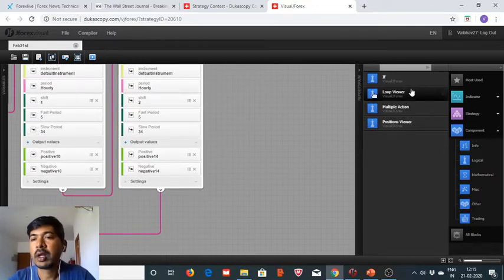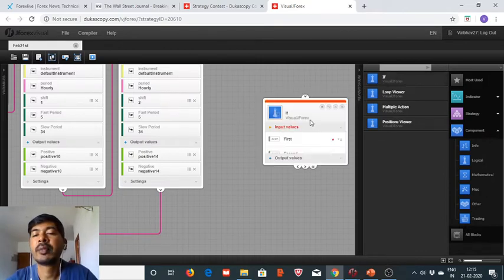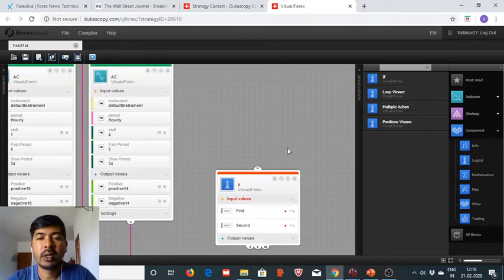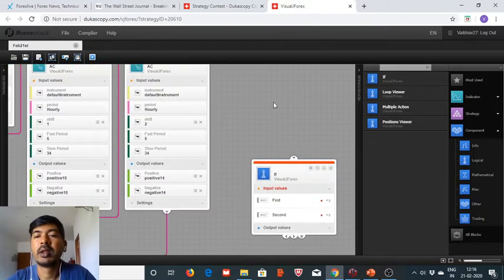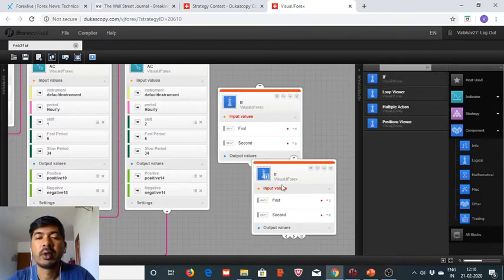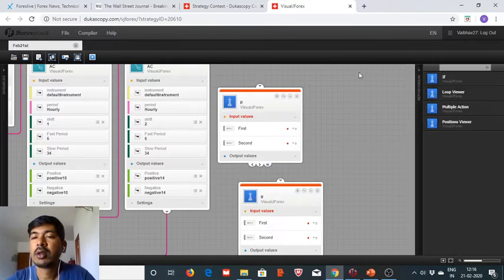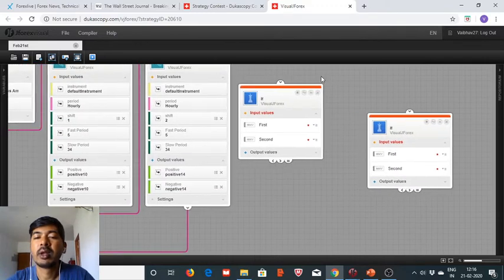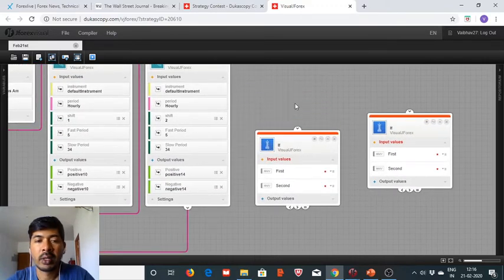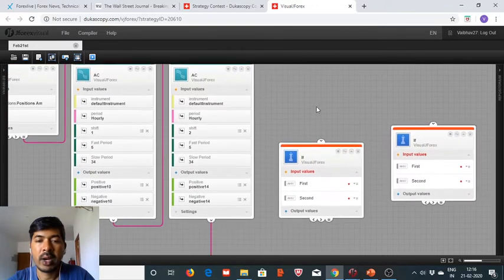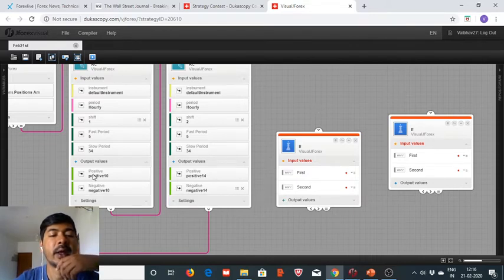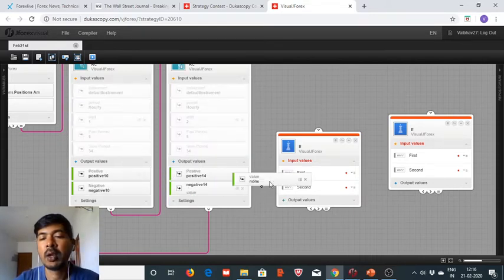And now what are our requirements? Our requirement is that the shift one AC oscillator should be in the bullish zone for a buy trade, and of course vice versa for the sell trade. So we will need to check the value of both these AC blocks and determine where they are right now. So for a buy trade, we will first try to design the buy trade setup, and this positive value,